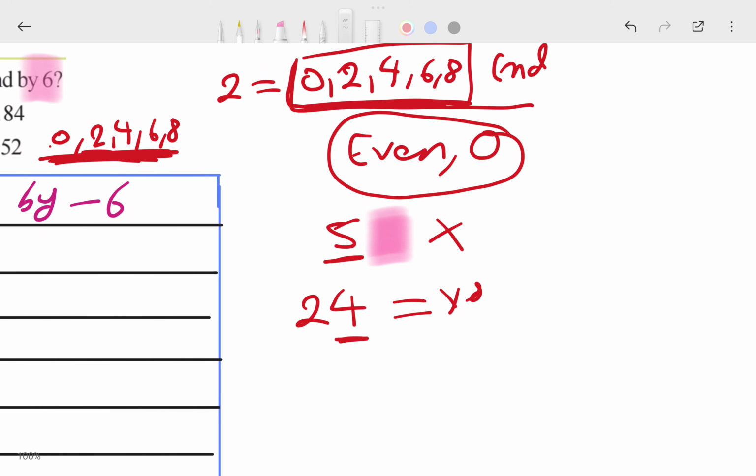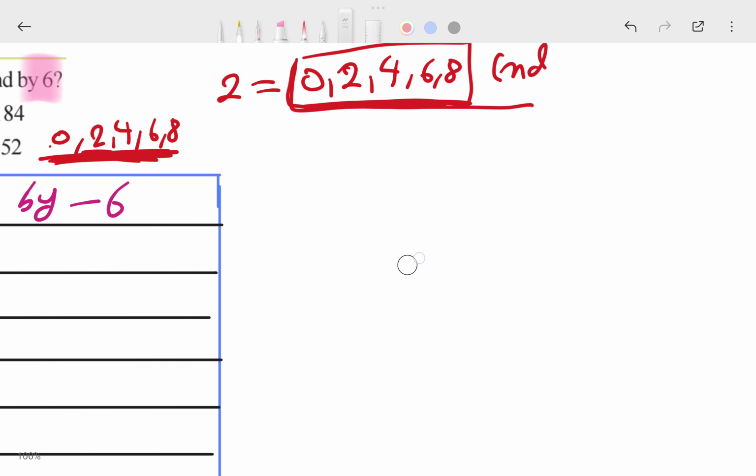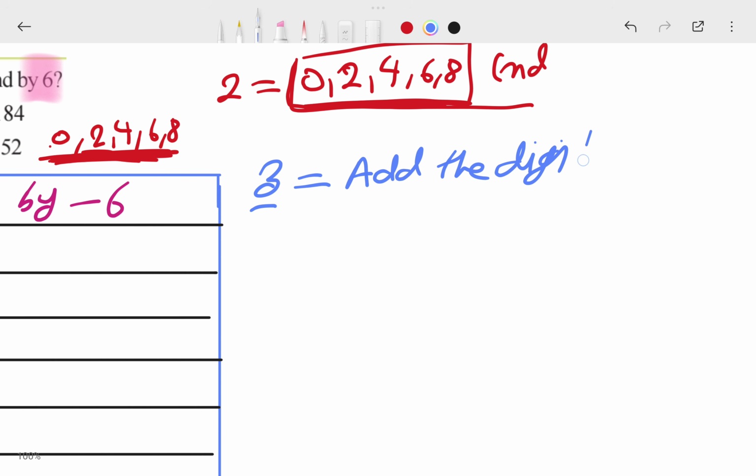Once I erase it. So what is the rule of the 3? What is the divisibility rule of the 3? Simply, you don't have to do anything, just add the digits. If you know the divisibility of 3, you just add the digits and check whether the result is in the table of the 3